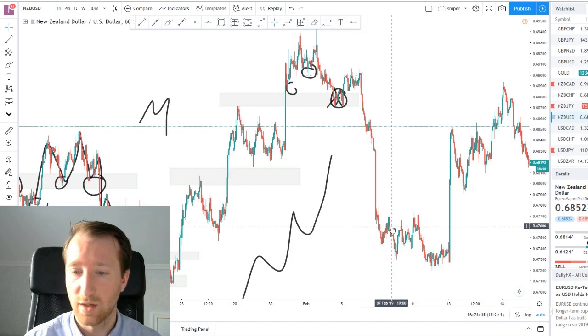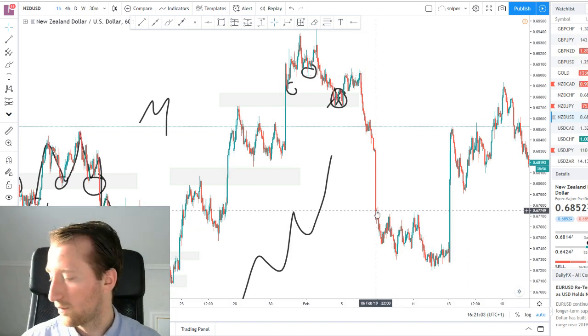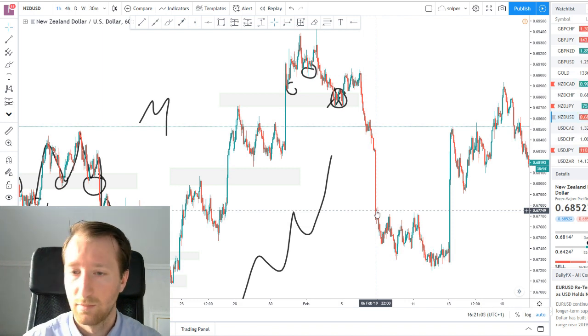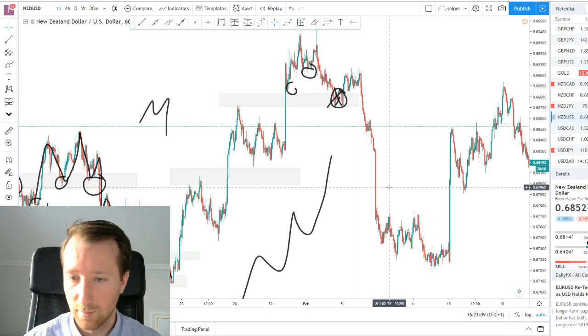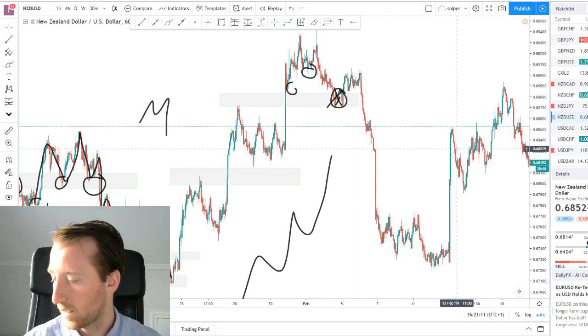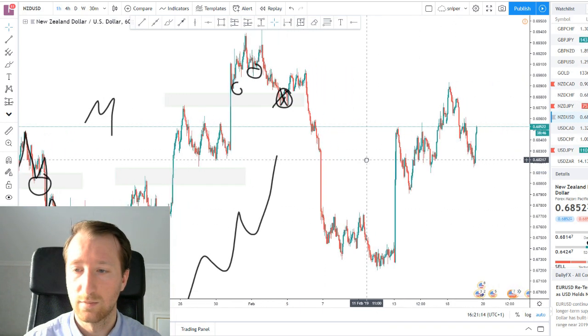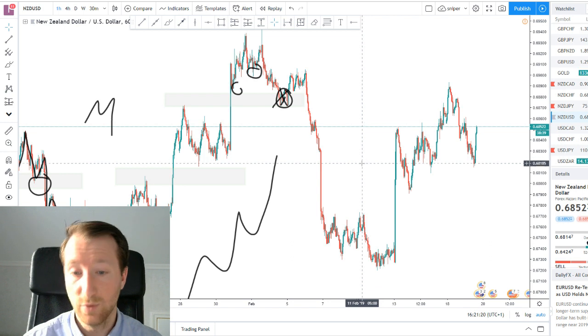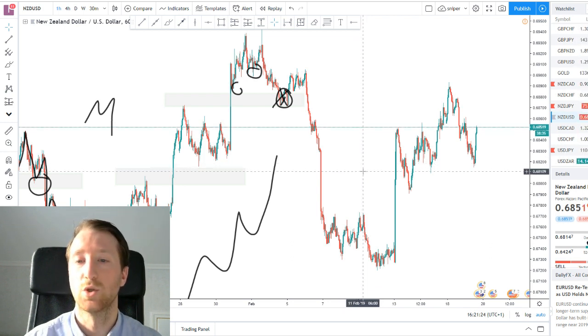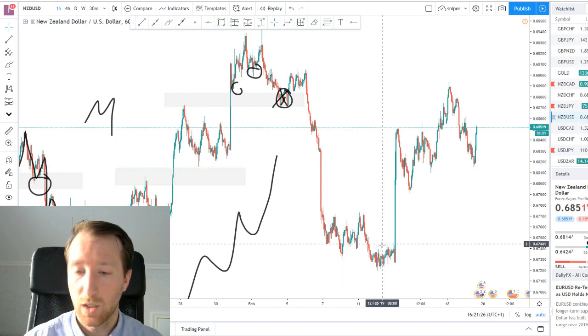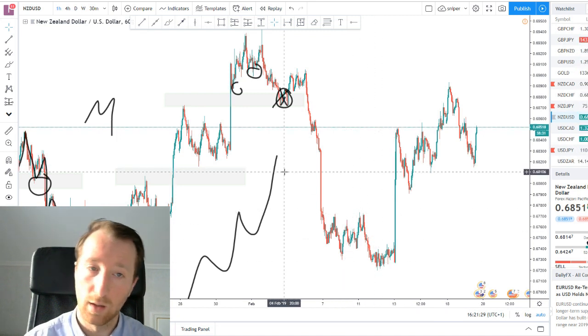This one just falls straight off the hook, kind of a thing. And then here again, this is also a very impulse move. It goes back up again. So yeah, that's also a way price moves, but also not something you should look out for, because if you are, let's